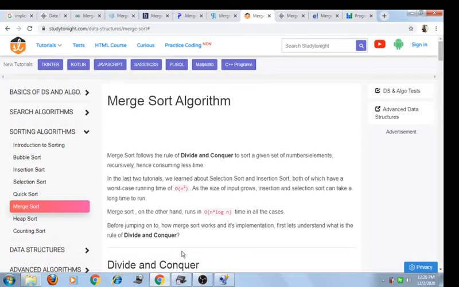Merge sort is one of the most efficient sorting techniques, and it's based on the divide and conquer concept. In merge sort, the problem is divided into two sublists in every iteration. In the last two tutorials, we learned about selection sort, insertion sort and bubble sort. These sorting techniques are simple. Now, in merge sort,